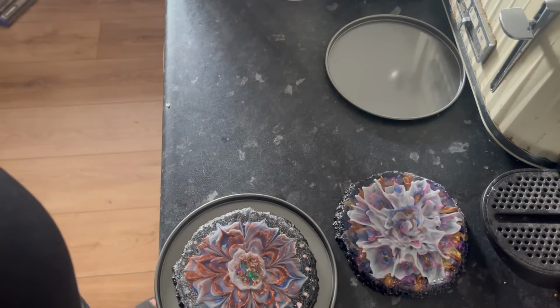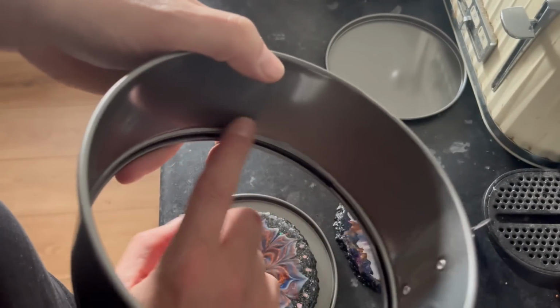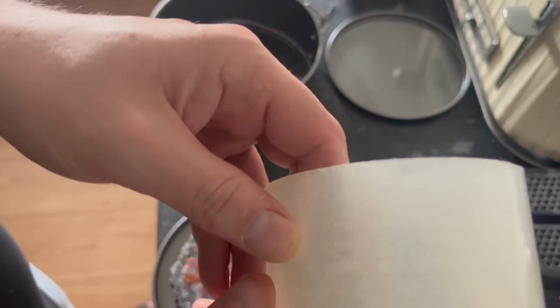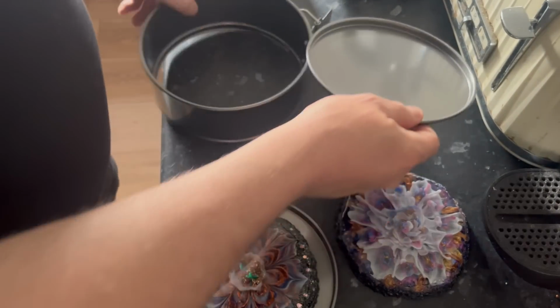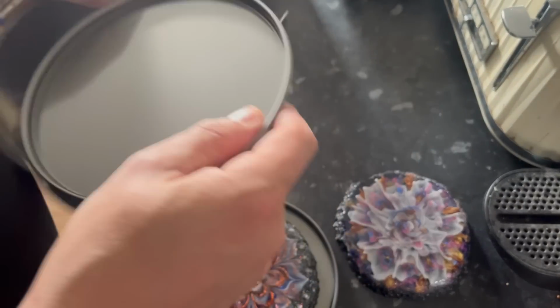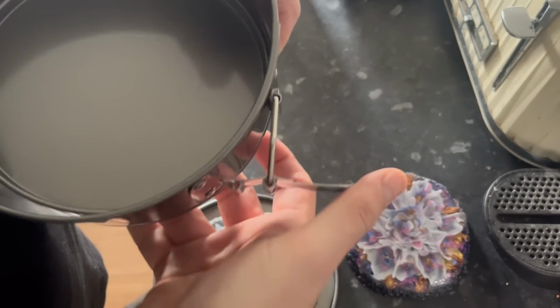So I'm not going to bore you with showing me tape these up, but the plan is I'm going to get some tape around the inside edge, around there. Doesn't have to be all the way, but probably one layer of this tape. And then I'm going to completely cover this base in the tape. And that should hopefully prevent any spillage, because once I've done that, I'm just going to put the tin back together, he says,